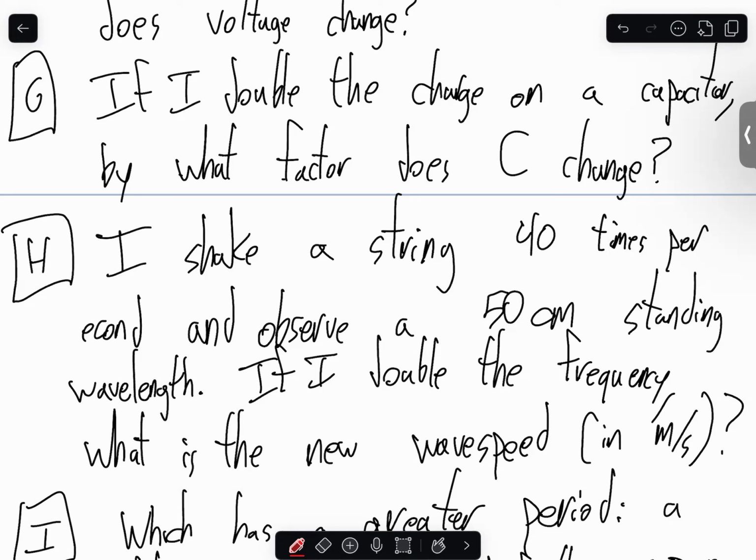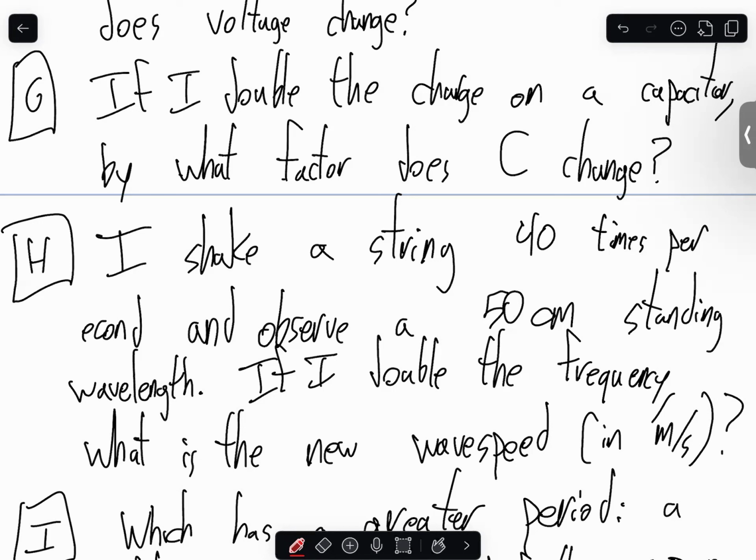The plate area doubled, the plate separation halved. In this problem, I doubled the charge on a capacitor. What happened to the capacitor? Without any other hint, any other words, any reason to suspect that the capacitance has changed, the voltage has simply changed. The capacitor's capacitance has not changed. What affects the capacitor? Unless I have some reason to believe that the capacitance might be changeable,